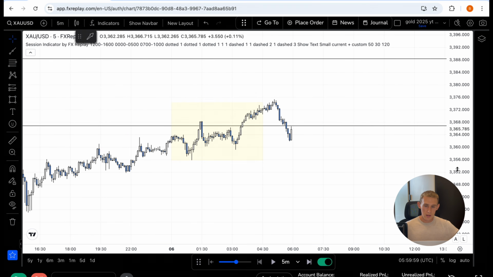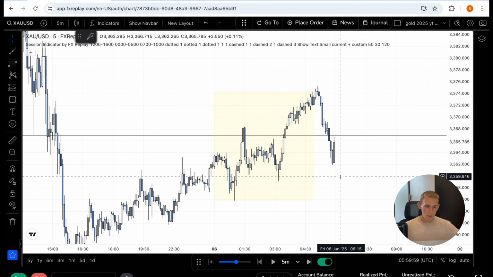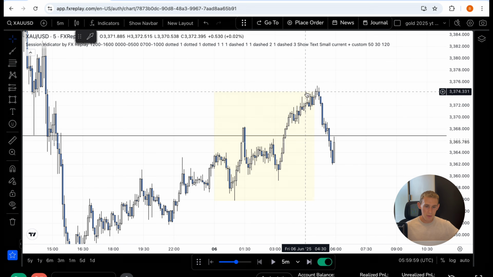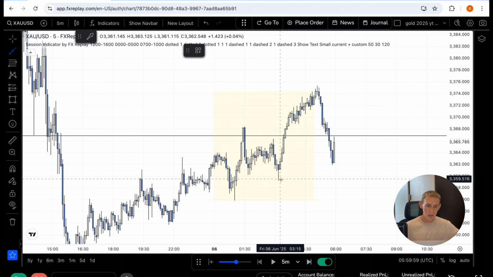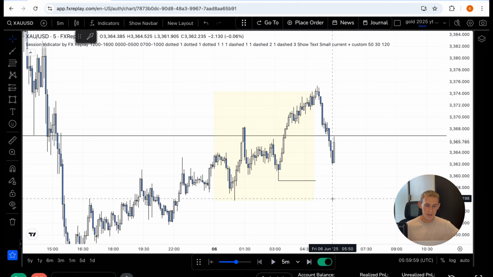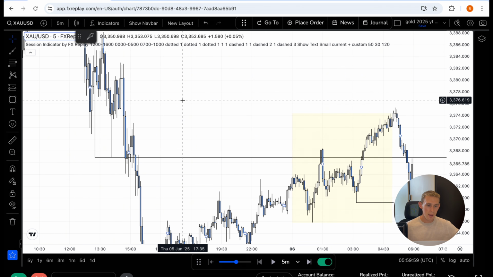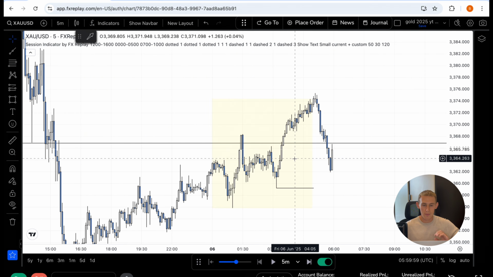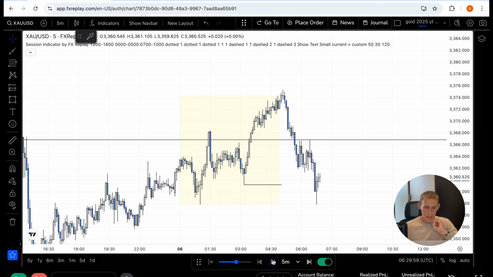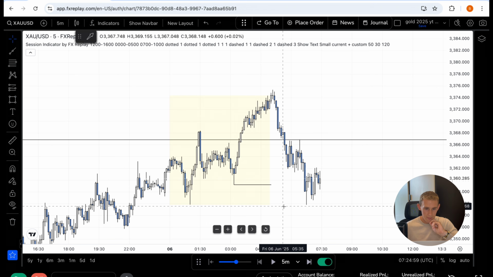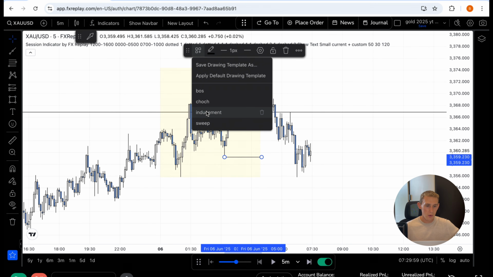Right, so this is looking pretty good. London session pushed up and grabbed the Asia high. We haven't yet seen a change of character. For an entry, guys, I need to see a change of character on the M5 time frame, and always on the M5 time frame. That's the only entry time frame I use. So if we can see a closure below this low, something like that, we can now look for a potential